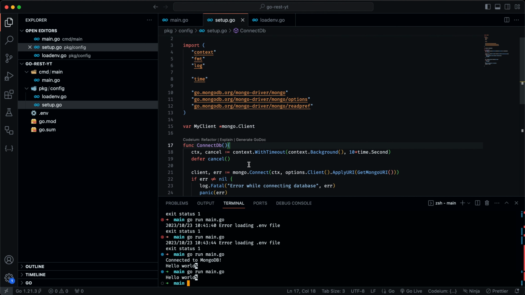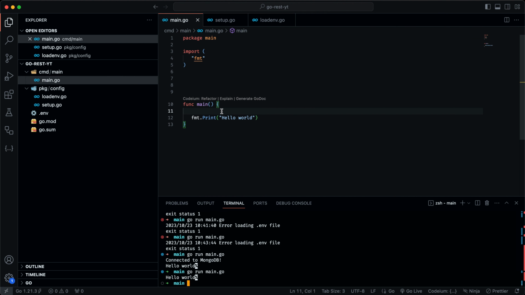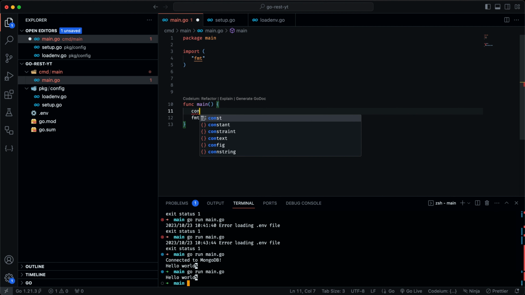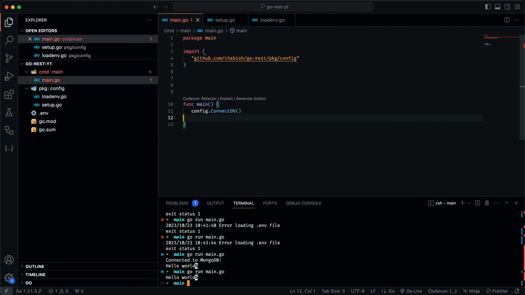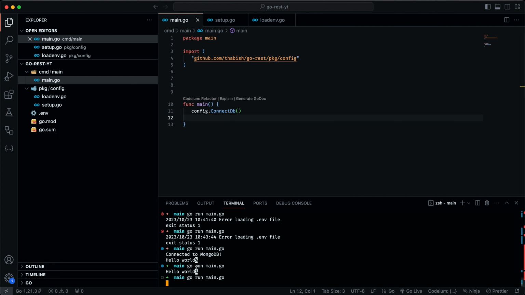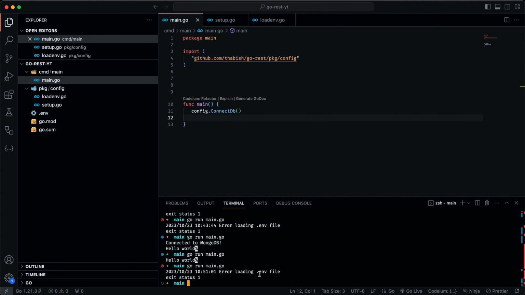Now once I've saved that, I'll go back to main.go file, and I'll just call that function. So config.connectDb, and I'll remove this. Now I should be getting that connection. Okay, so it's saying error loading .env file. Fine. Because